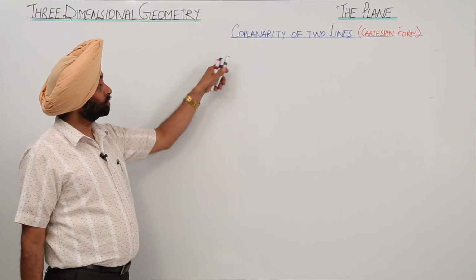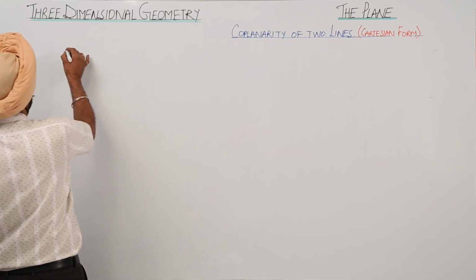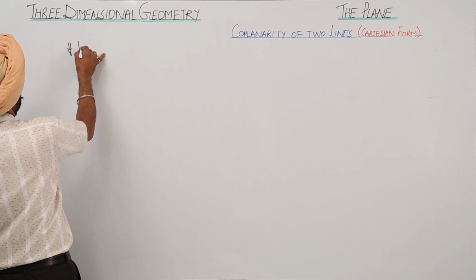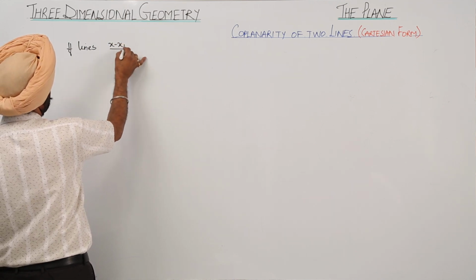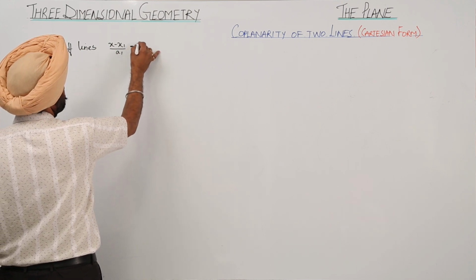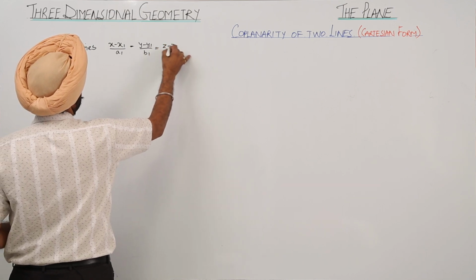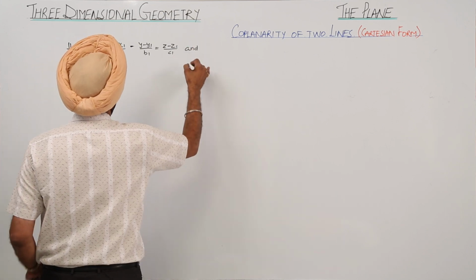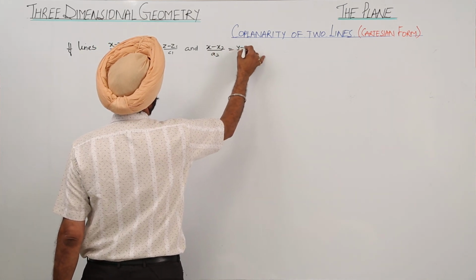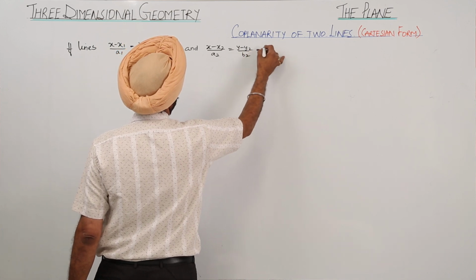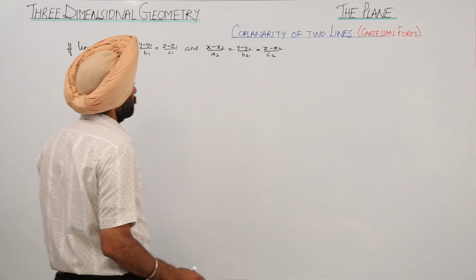Let's derive the relation for the coplanarity of two lines in the Cartesian form. Now if the lines (x minus x1)/a1 = (y minus y1)/b1 = (z minus z1)/c1 and (x minus x2)/a2 = (y minus y2)/b2 = (z minus z2)/c2 are coplanar,